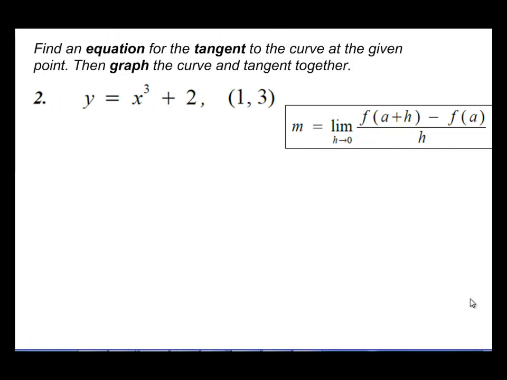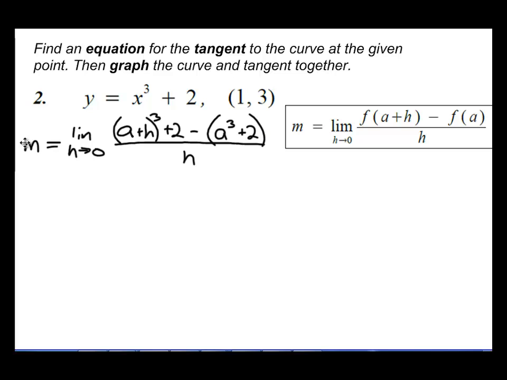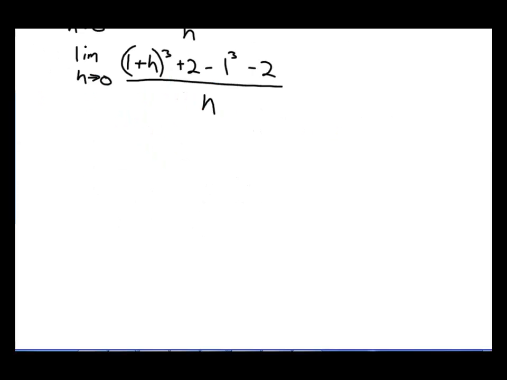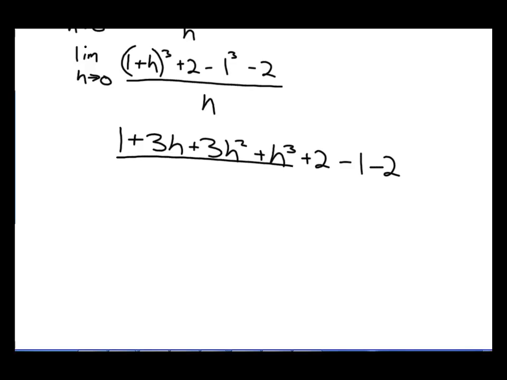Find an equation for the tangent to the curve at a given point, then graph the curve and tangent together. Example 2, y equals x cubed plus 2. Following the definition of slope, slope is equal to the limit as h goes to 0. Since a is the x-coordinate of the given point, we can go ahead and plug in a 1 for a here and here, all over h. After expanding the 1 plus h cubed, we come up with 1 plus 3h plus 3h squared plus h cubed. Bring down 2